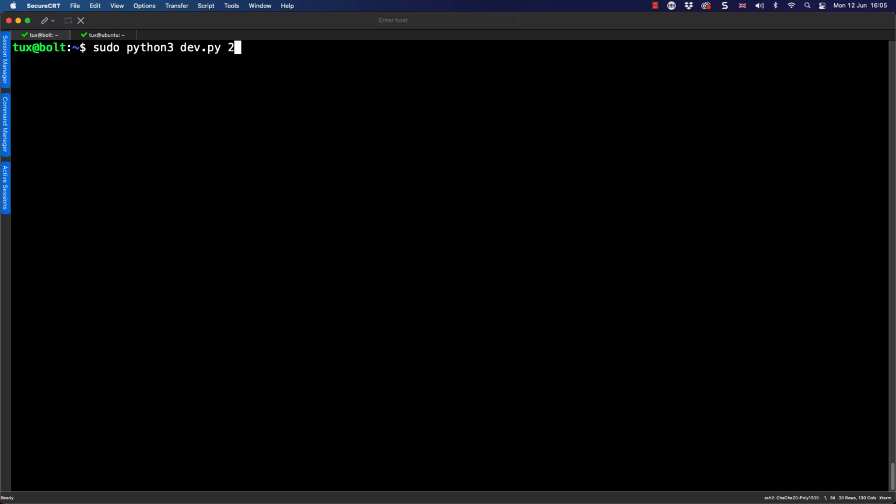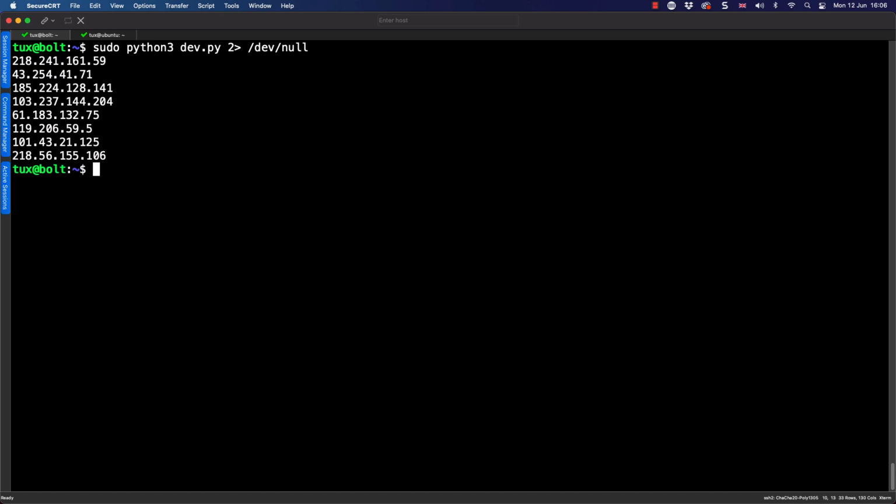Now looking at the output, we are getting some feedback from a module warning me that I've used sudo to raise my privileges. We don't want to see that. I can go through and send the output through to dev null, and we get then just the IP addresses coming through. Now, of course, there aren't too many at the moment. I could count them, but if we were getting more, if we wanted to count them, then of course we could just start doing this from the command line.